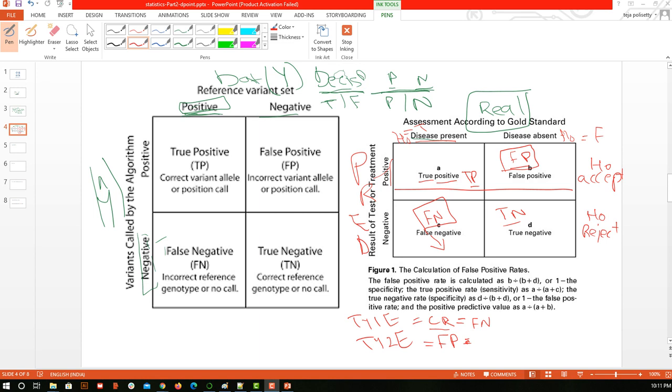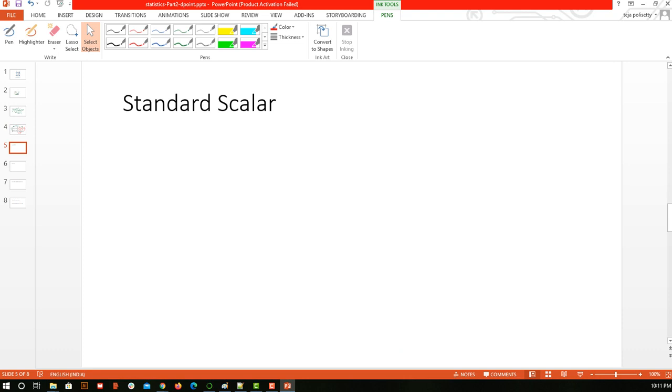So that was about true positive, false positive and all. Based on this, we have formulas called accuracy, sensitivity, specificity, recall, and precision. All these are based only on TP, FP, FN and TN. So this is a very useful concept. If you didn't get it, pause, go back to the start and try to understand it again. If you are facing any conceptual issues, please write in the comment section, but this is one of the most important concepts. Okay, next we have standard scaler.